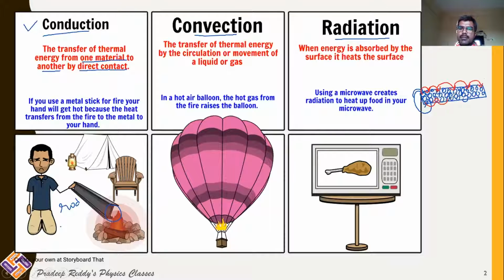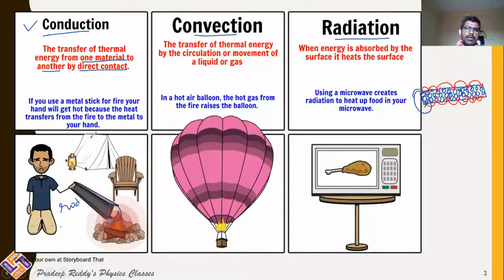Heat transfer takes place from one atom to another without any motion of the molecules. Heat transfer takes place from one end of the solid to the other end just by transferring heat energy from one molecule to another, or from one atom to another. There is no actual transfer of atoms here. Only heat energy is being transferred due to the atomic vibrations of the atoms present within this particular solid.